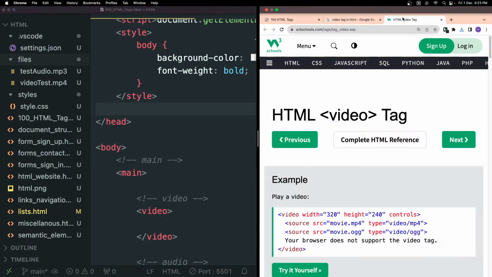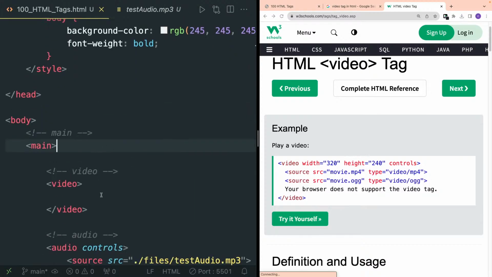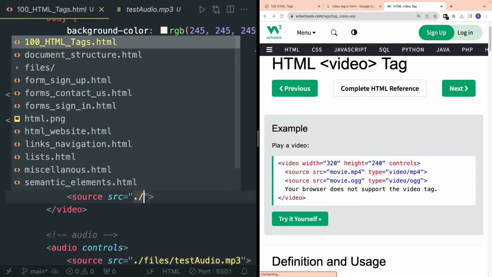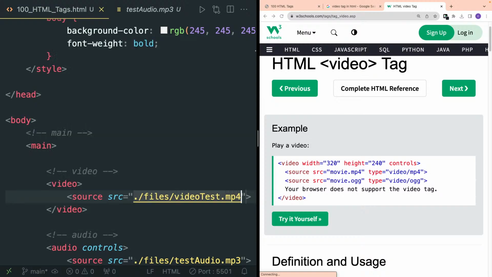Close this HTML video tag. Okay, so this is how we will write our video tag. Okay, so video tags. Okay, in the same way as audio, we have to provide a source HTML attribute inside it. Then we have to give a source attribute. Inside this I will give the address of our video file. This is video test.mp4. And inside this,